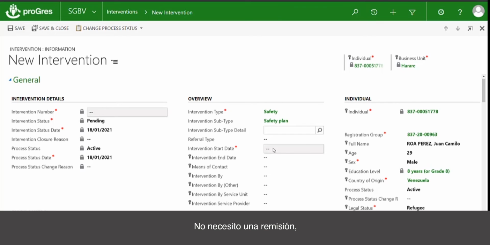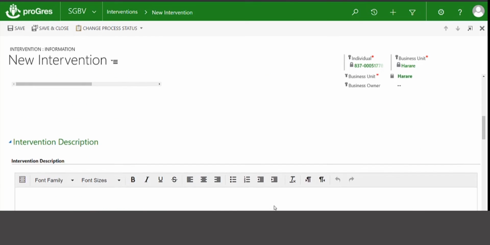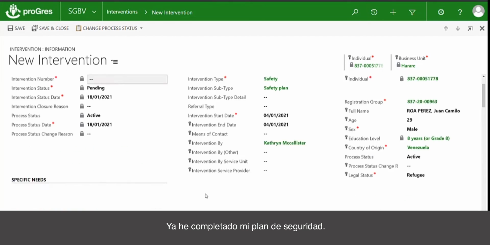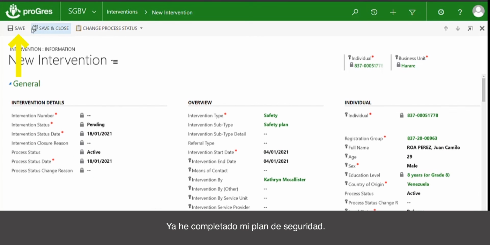So I don't need a referral for it. I'm doing it today. We will complete it today. It's by me. And then completed the safety plan with the survivor during her first session. Okay, so I've completed my safety plan. So actually, once I save this,